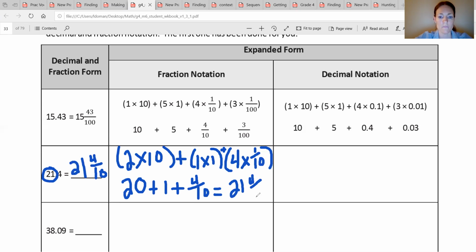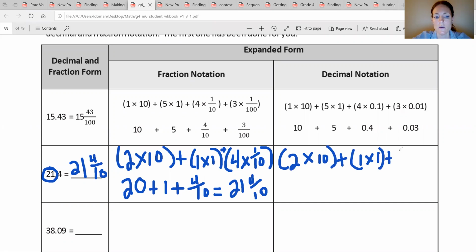Okay. Now, this looks like you might have to do a lot of work, but for the second one, for the decimal notation, you are going to keep everything the same except the last part. The only difference is you need to multiply that by the decimal. So I'll go ahead and run through that. So again, I have 21.4. So I'm going to start with the 2 times 10 to get my 20. I find multiplying by tens and ones to be the simplest. So then I have 1 times 1